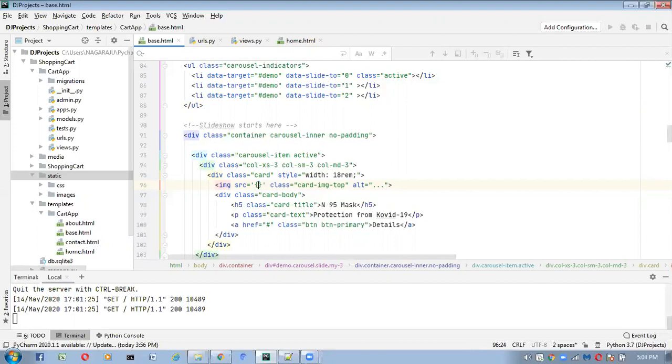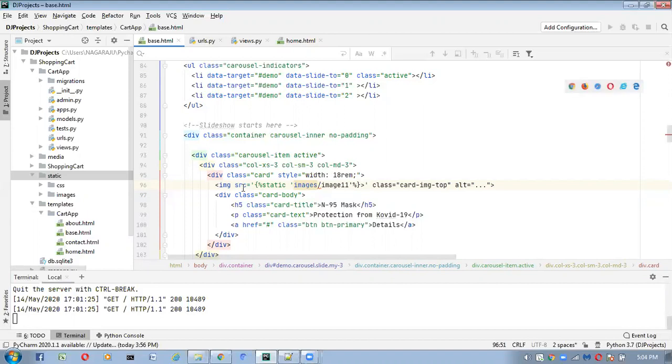Percentage static images slash image 11, something I'm taking here. At the end, percentage, and we have to close like this.